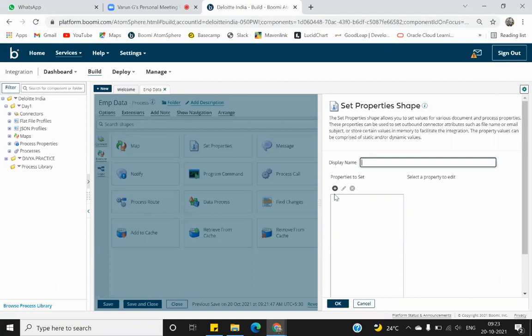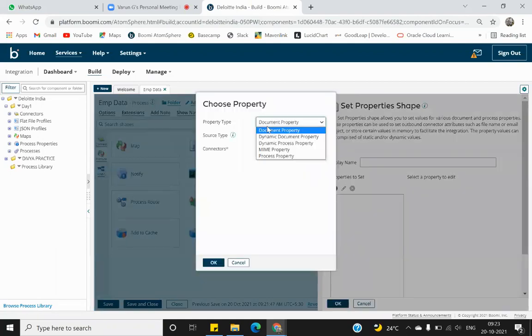Okay. So in that case, I click on plus sign, I add a dynamic process property, I give it a name, any name. Suppose I give it as LSRD. Where LSRD basically in layman terms is last successful run date. But you can put any kind of name, but again, remember this is a case sensitive value. Wherever you want to use this, you have to remember this name as is. Okay, so I click on OK.